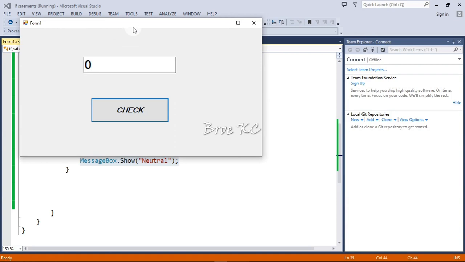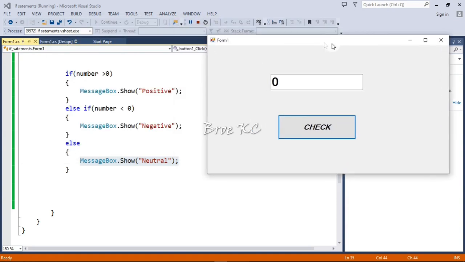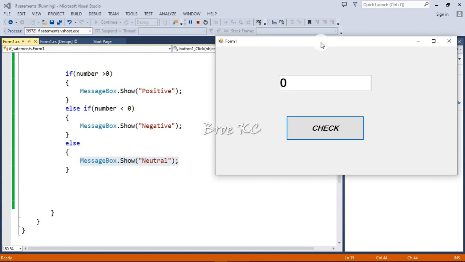So this is the whole of the if statement. This is all about the if statement, right? You can use it to check a single condition, two conditions. When you are checking two conditions, you don't need the else if part, you just need the if to check the condition, and the else part to execute that other condition, right? So if you have 3 or more conditions, you now need the else if part,